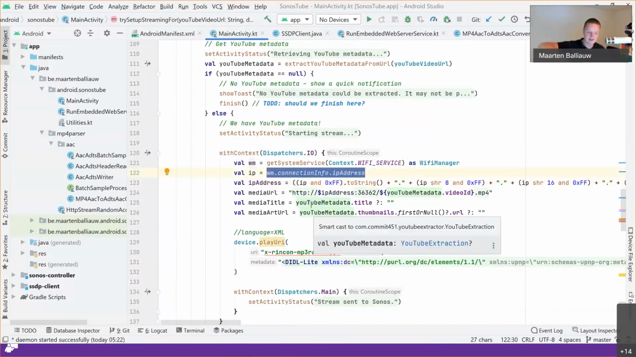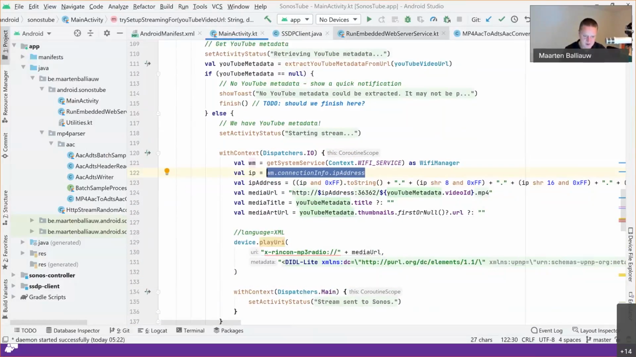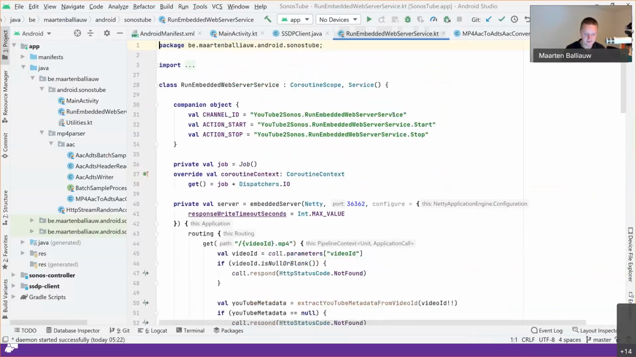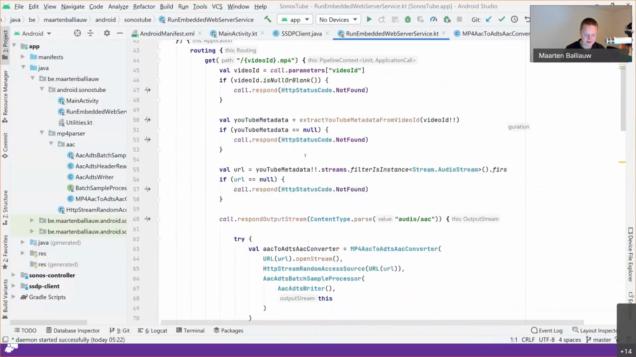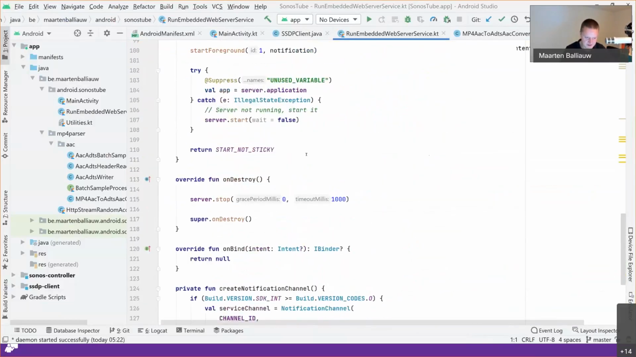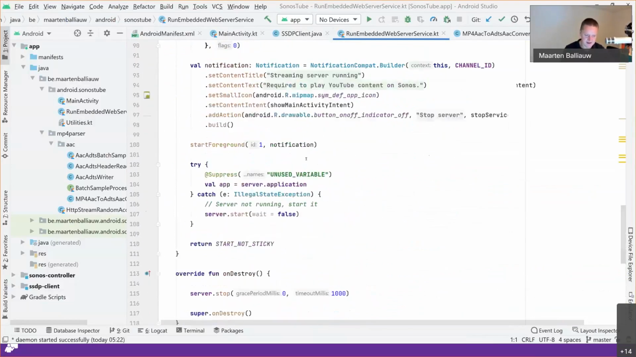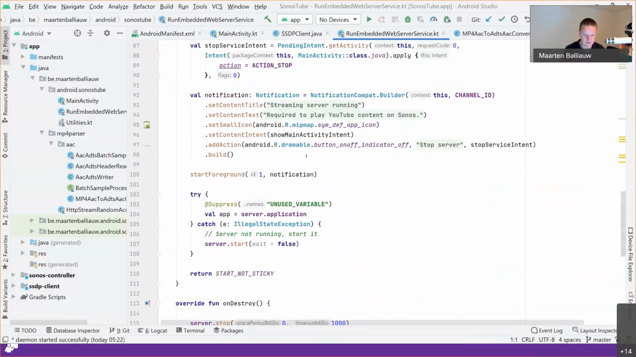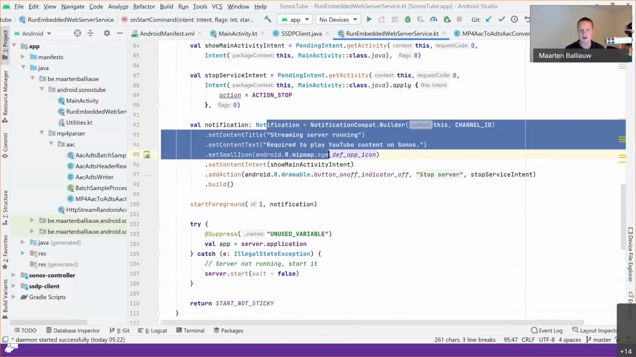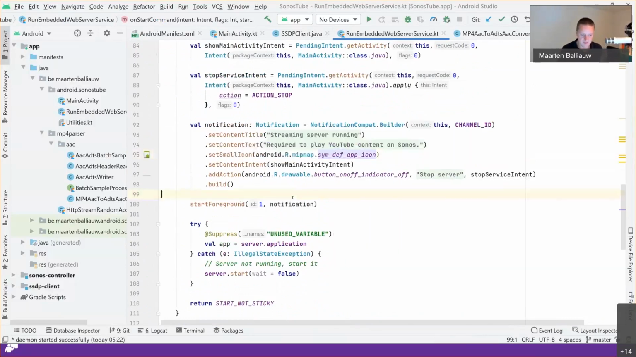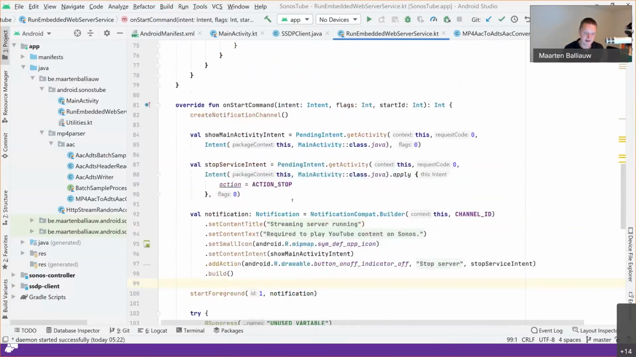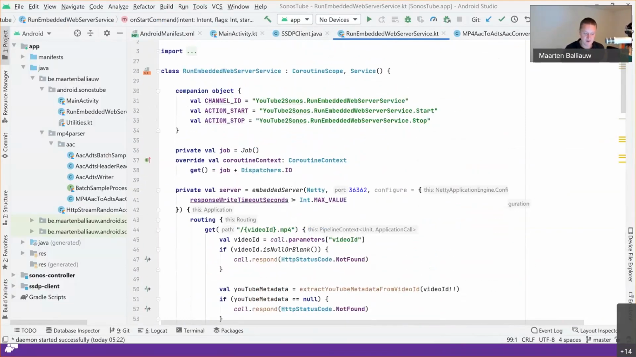my speaker will connect to the application's web server. The actual web server is in this run embedded web server service, and it can start and stop. So let's scroll there first. It will essentially start when needed and stop when no longer needed. It will also show a notification on screen so that when the web server is running, the user can actually see that the application is doing something there. It will do all that, start the web server,